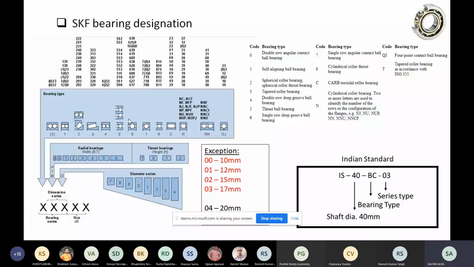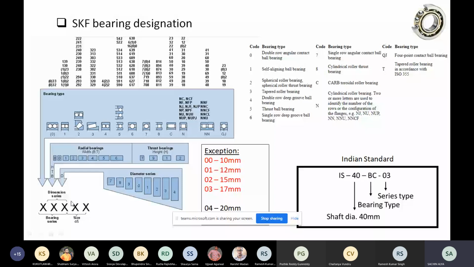In the case of thrust bearings, the second digit defines the height of the bearing. Then the third one is the diameter series, so which diameter series the bearing belongs to is defined there. And the last two digits define the shaft diameter, what shaft diameter will be accommodated in the bearing.